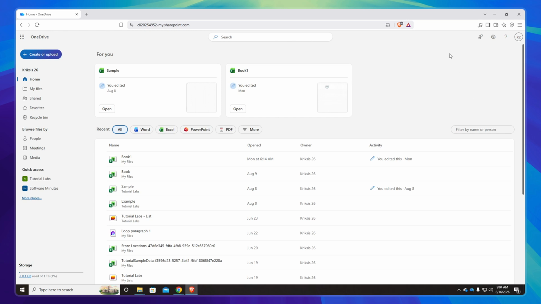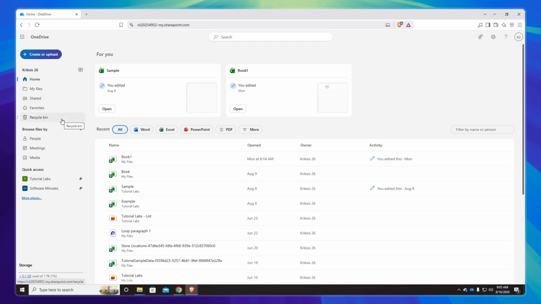First, open your web browser and navigate to onedrive.com. Once you're on the page, you'll need to sign in to your Microsoft account. This ensures you have access to all your stored files and can manage your deleted items. After signing in, wait a moment while the login process completes and OneDrive loads your dashboard. This usually takes just a few seconds, so be patient as the page fully loads and displays all your files